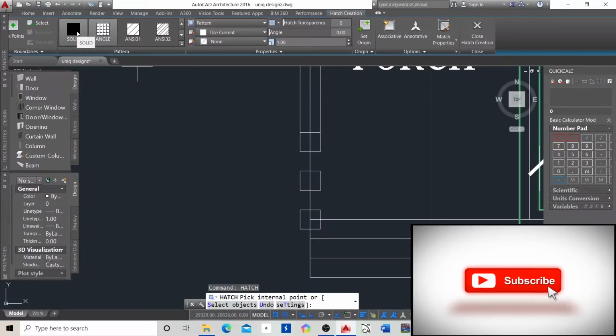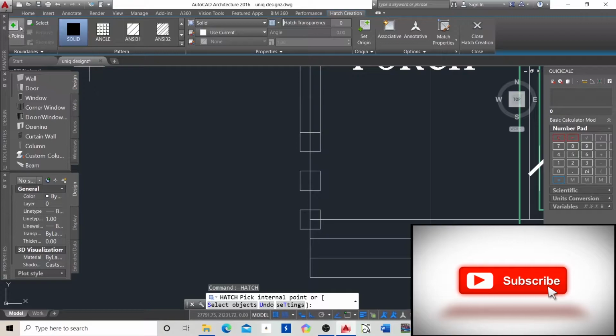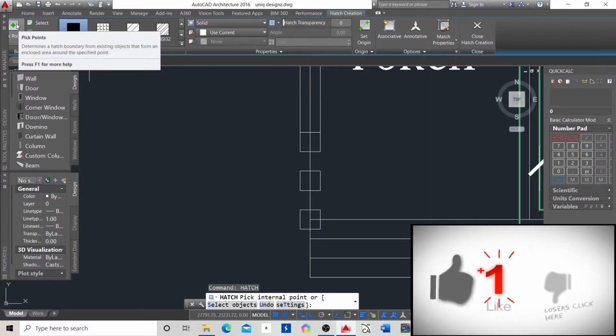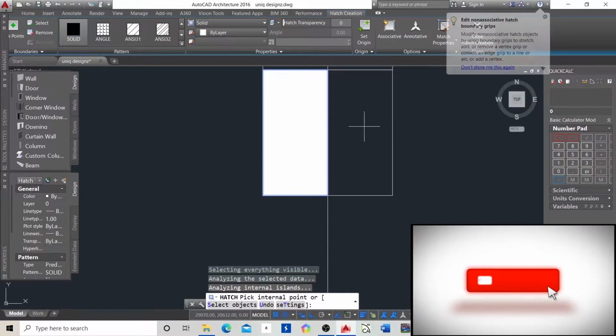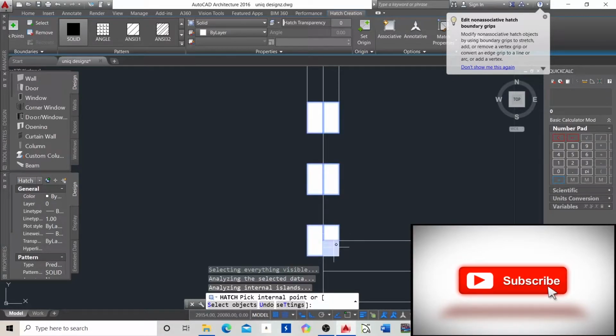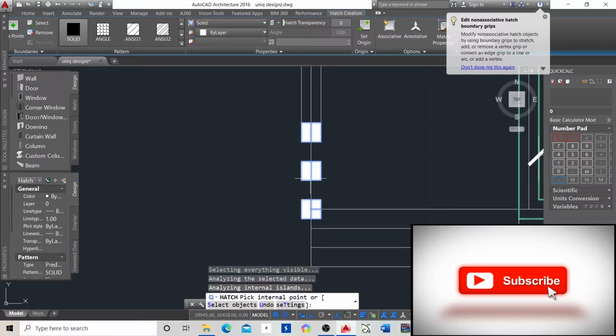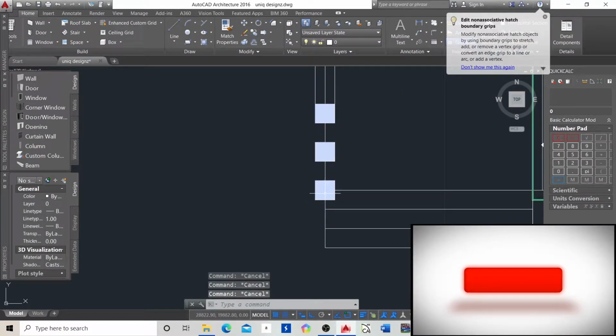We are going to use solid, and we are using white as well. So go to pick a point, pick this point, and this point too. So you hatch here, here, here, here and here. So now, as you can see, there are our columns